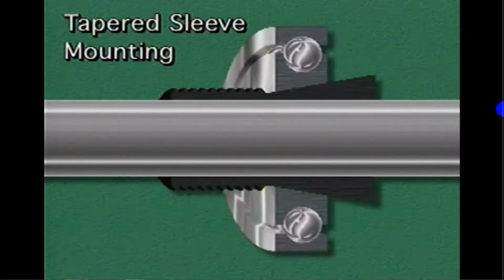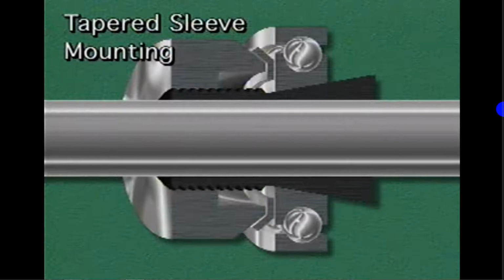Then the bearing is slipped over the sleeve. The inner ring of the bearing must have a matching taper so that the ring will make full contact with the sleeve. The bearing and the sleeve are secured to the shaft with a lock nut and lock washer. As the lock nut is tightened, it drives